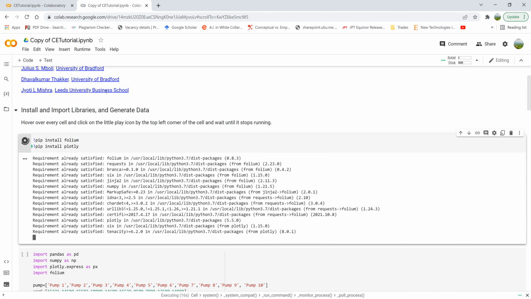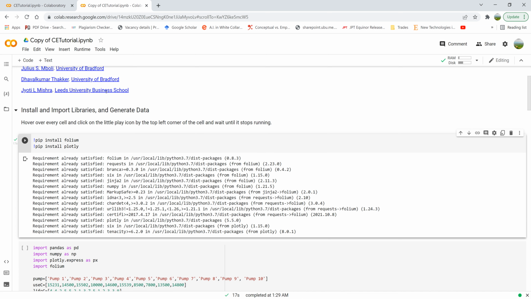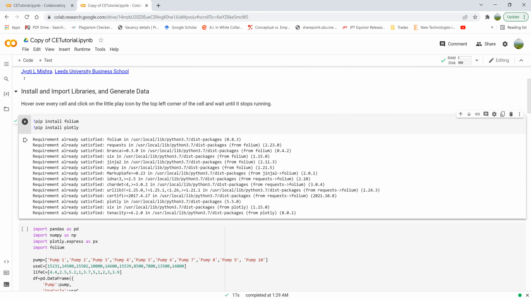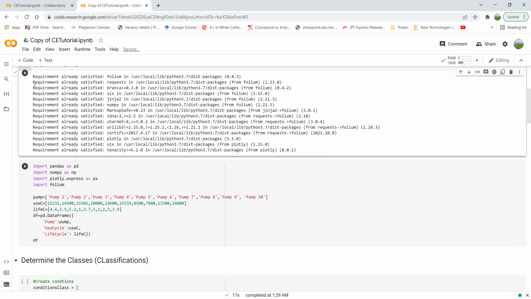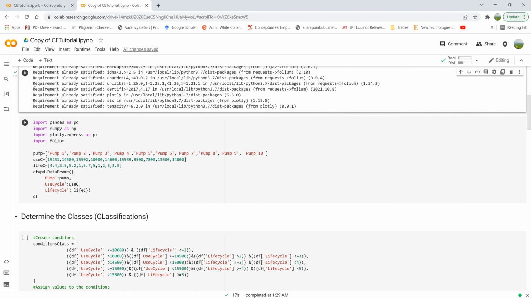Sometimes the libraries come installed, but if not, then for the first time you need to run it. In my case, it is saying requirement already satisfied for all, but in your case it may download and install them, but it is important that you click on that first. So this next cell here is to import the libraries that you just installed